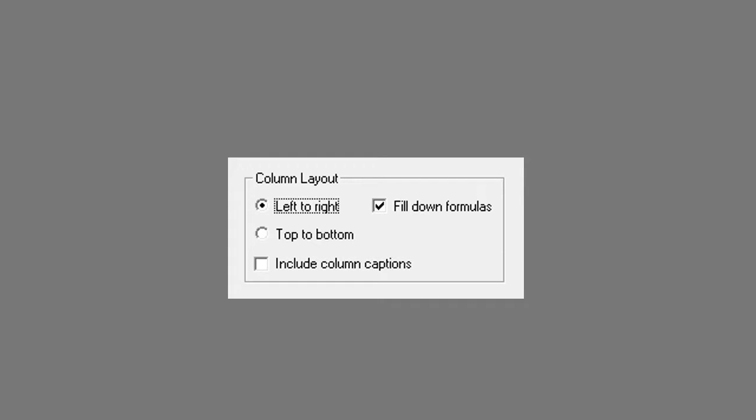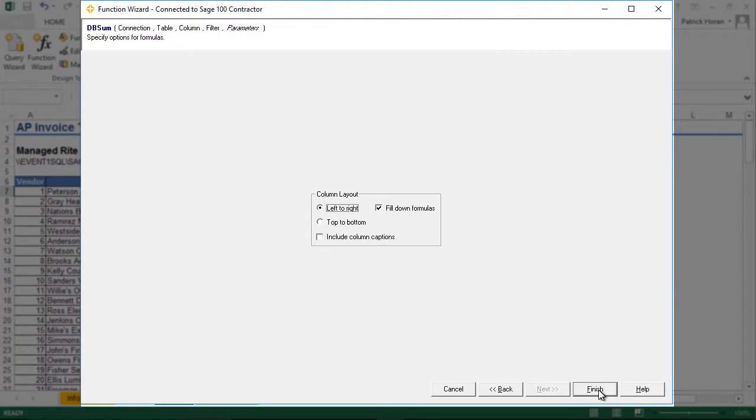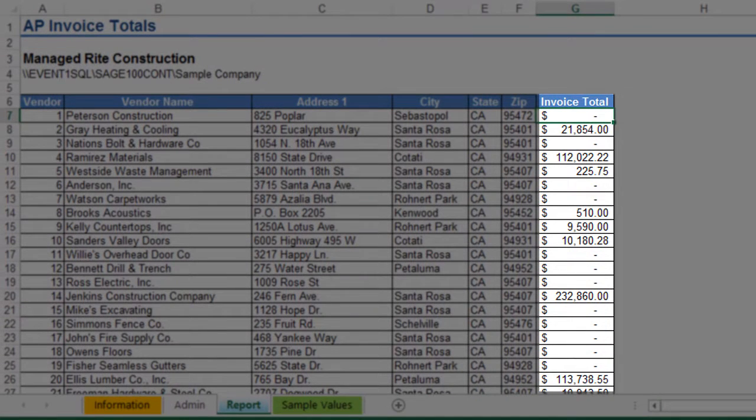And since we do want this function to populate for the entire query, we will leave the option to fill down formulas selected. Once we are done with our changes and we click Finish, we're then presented with the invoice total for each vendor in our query. Notice that since we left the Fill Down Formulas option selected, the resulting function has automatically populated for each query result. Were we to refresh the query and a different result set was returned, our adjacent function would automatically update with the new results. This concludes this segment of the Liberty Reports training series on the